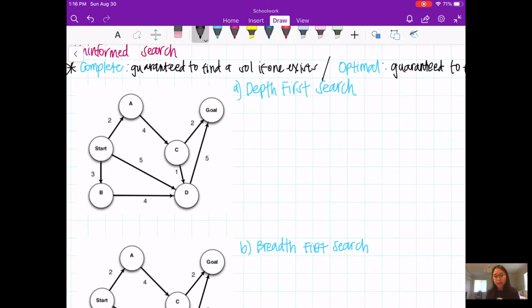So now let's start doing depth first search on this graph. Something I really want you to know about depth first search and breadth first search is that both of these types of searches don't care about the edge weights. Even though there are edge weights noted on this graph, you can basically completely disregard them, because they will just look for the next appropriate node, and if there are ties, the ties will be broken alphabetically. So no edge weights involved, at least for part A and part B.